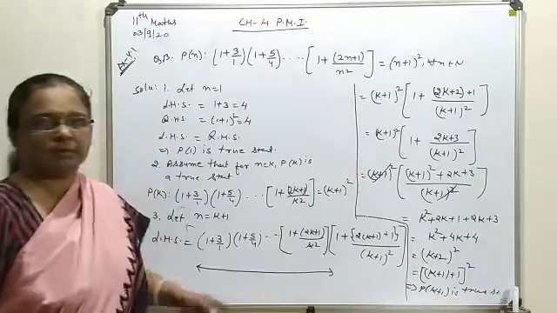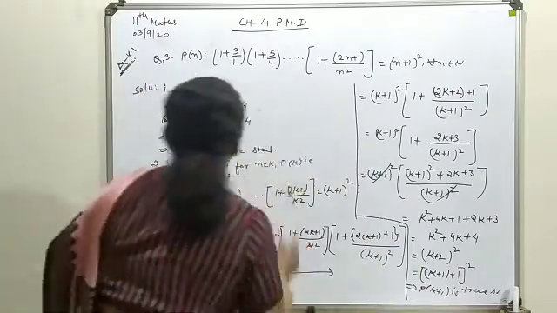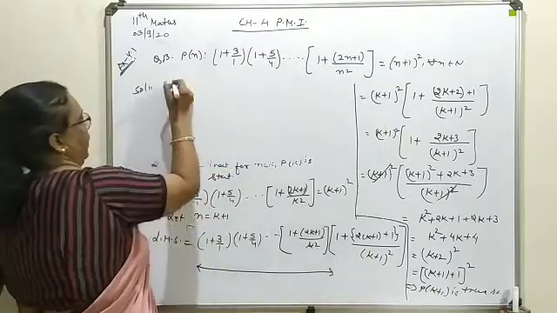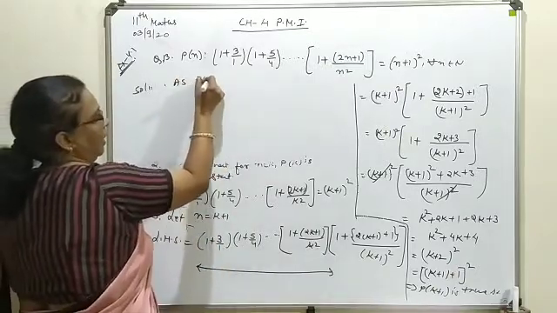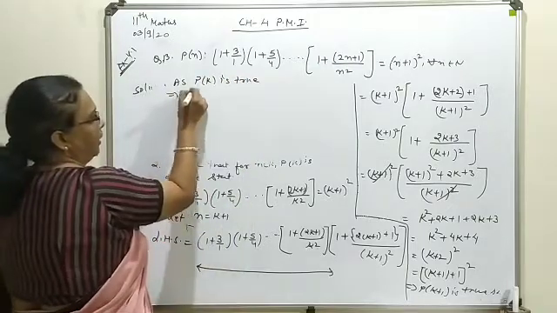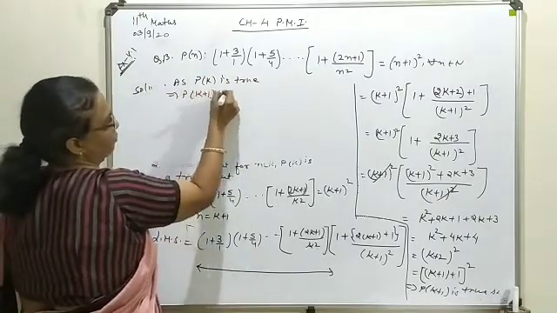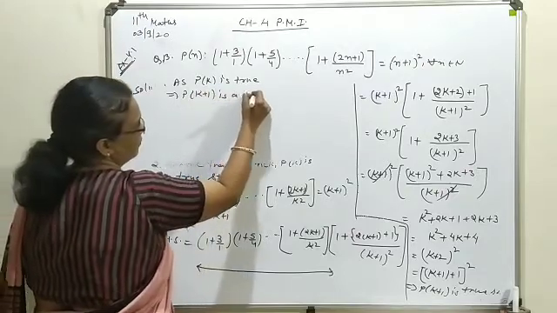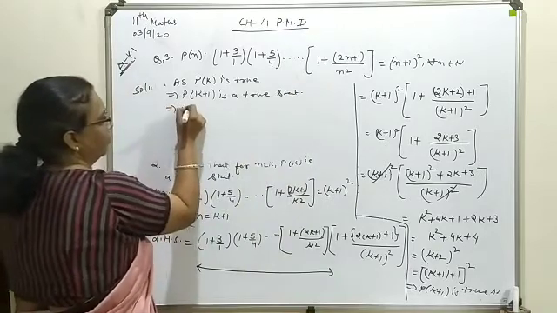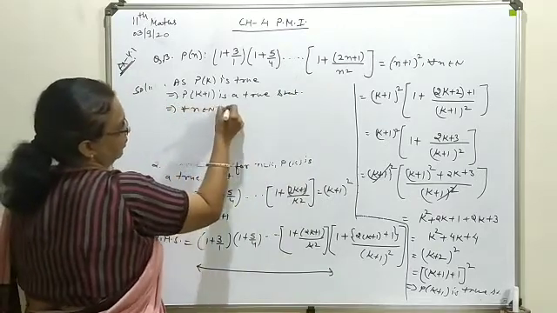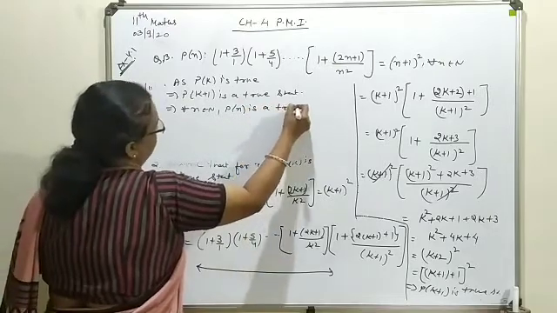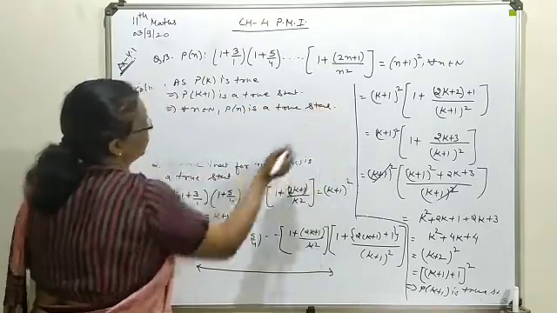So conclusion we will write in a normal form, that is P(k) is true. P(k+1) we have proved as true. Therefore for all n, P(n) is a true statement. So this way,